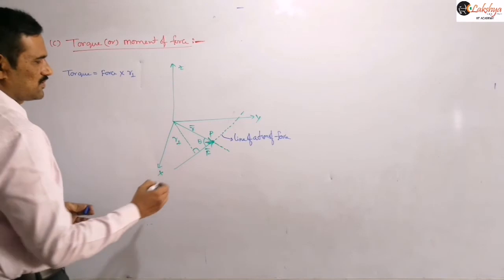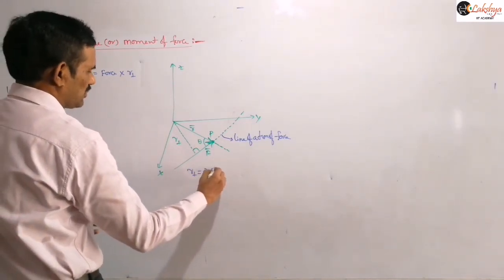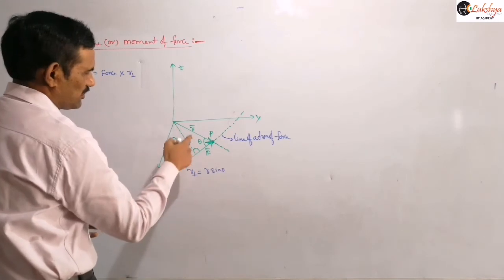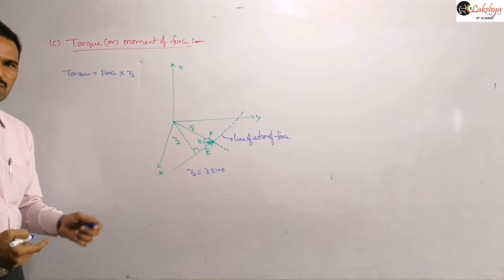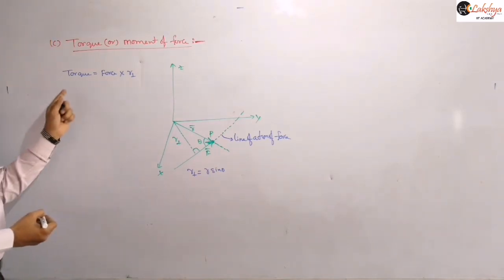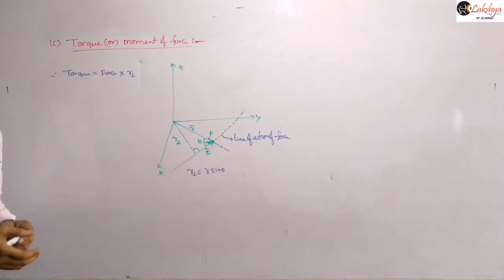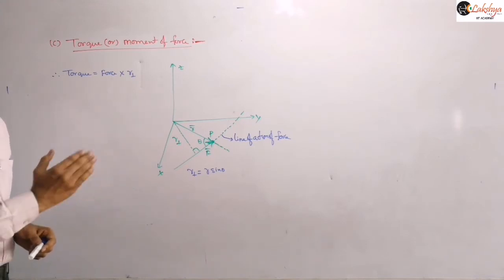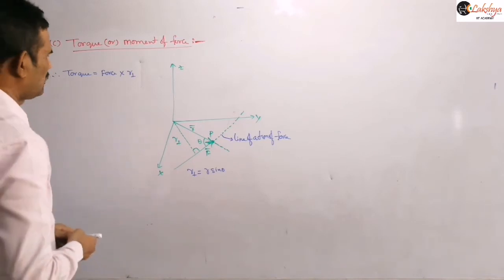And so now from this you can write this R perpendicular is equal to R sin theta, by using this right angle triangle. For this will be the hypotenuse and this is the opposite side. So opposite side, by using that right angle triangle you can write as R sin theta. So write this. So therefore this torque is equal to force into perpendicular distance. And actually you can also define it in another way. We will discuss in detail, like by resolving the force into components, that you can discuss later.